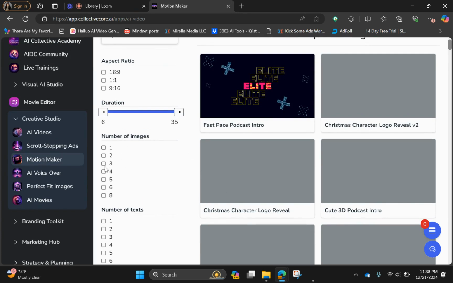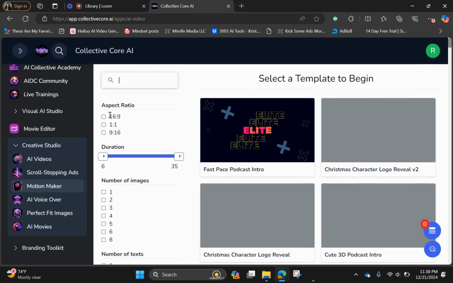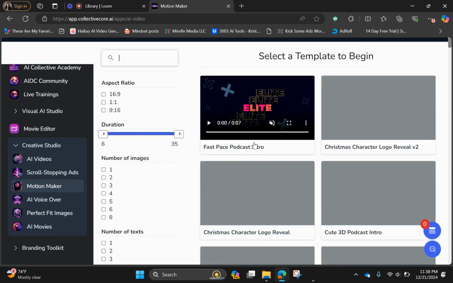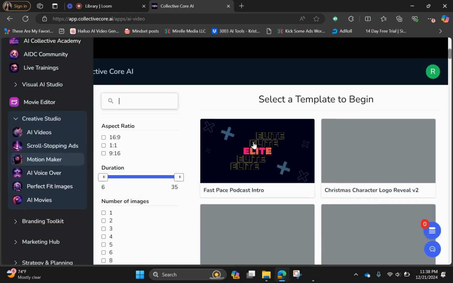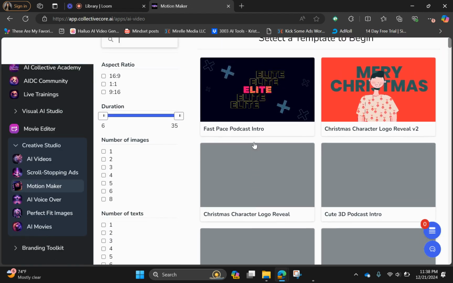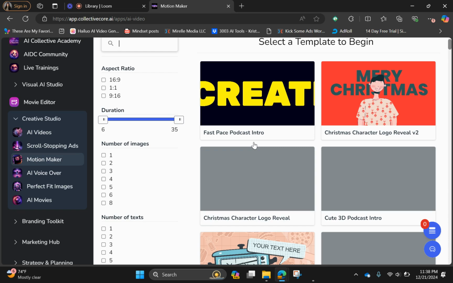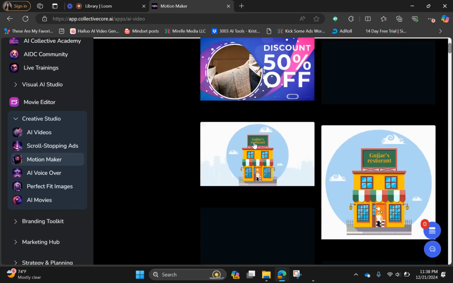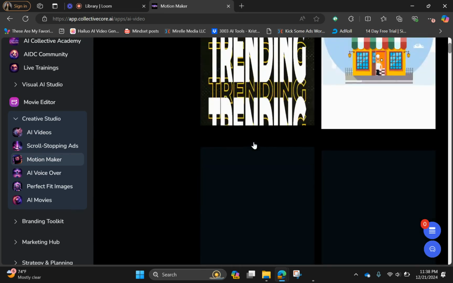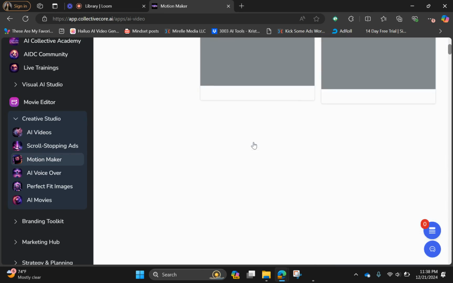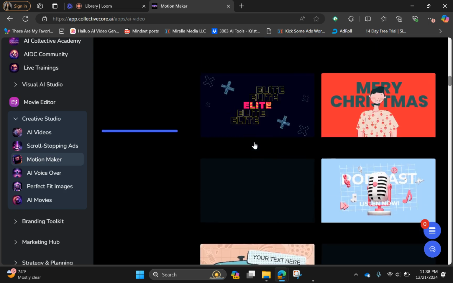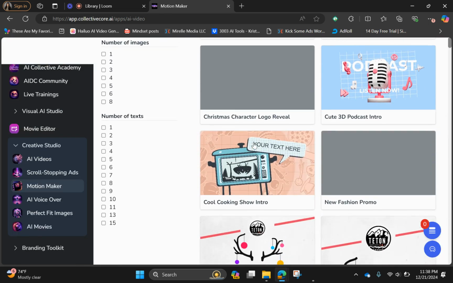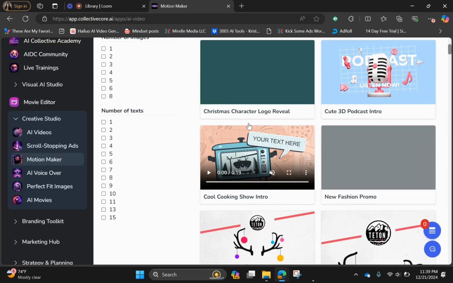And here you can basically tell it how many images you want, the number of text, the ratio, all of that is on there. Okay, so it's really slow on my computer because my computer is very slow. So I apologize for that. But as you can see, there's a ton. It's going really slow, so I'm not going to show all of it, but you can go through it yourself.